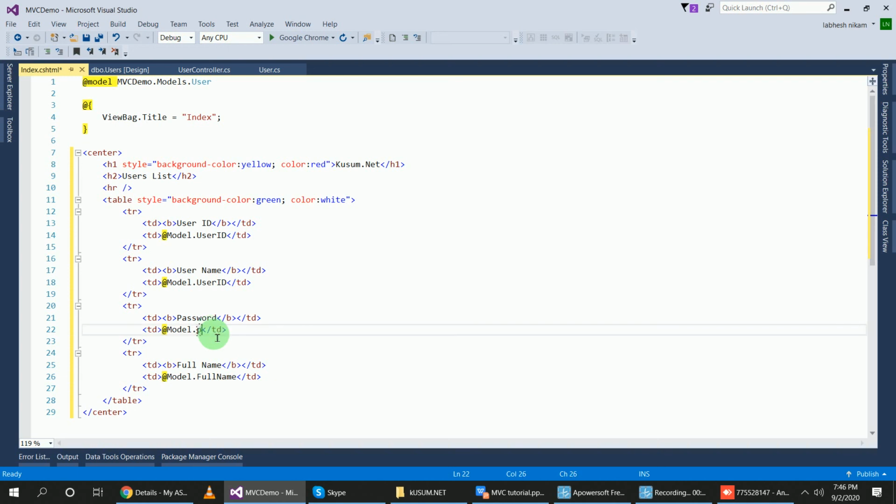Model dot password, and here model dot username.